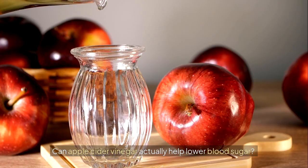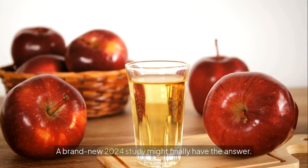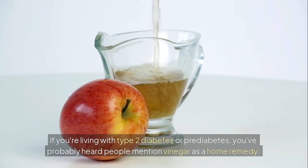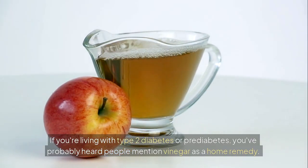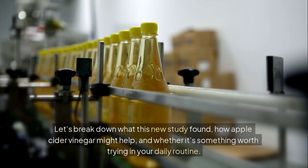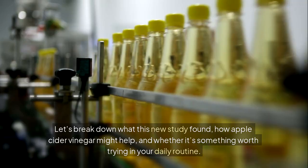Can apple cider vinegar actually help lower blood sugar? A brand new 2024 study might finally have the answer. If you're living with type 2 diabetes or pre-diabetes, you've probably heard people mention vinegar as a home remedy. But does the science back it up? Let's break down what this new study found, how apple cider vinegar might help, and whether it's something worth trying